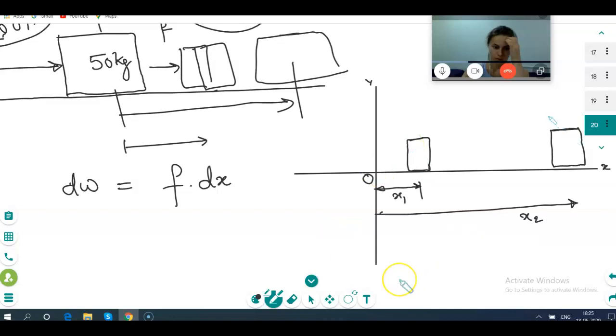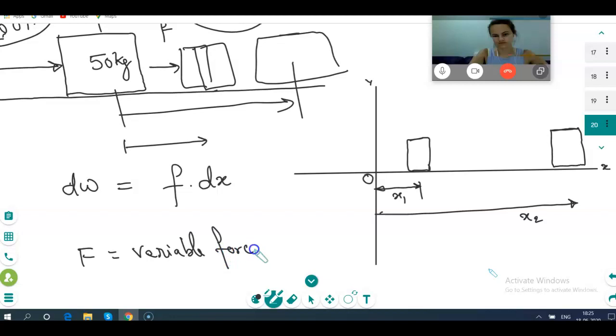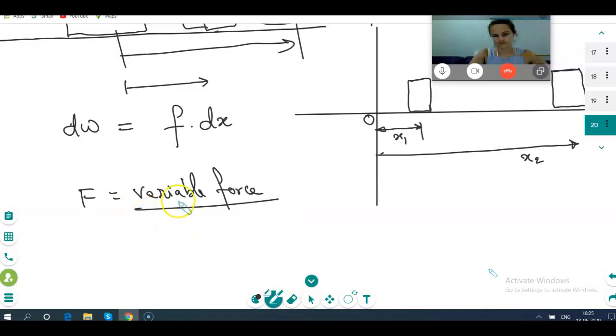Now during this process I want to know the force. The force is not constant. Correct? You cannot apply a constant force, you become tired. So you reduce it, apply some 100 Newton, slowly reduced. Is it practical? Correct or not? Yes. So first of all, this force is called variable force. Force is not constant. Variable force means force is varying.